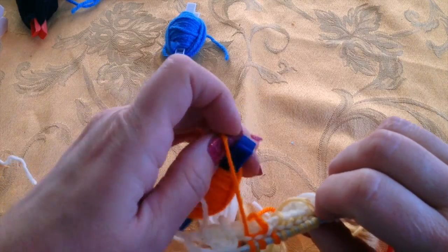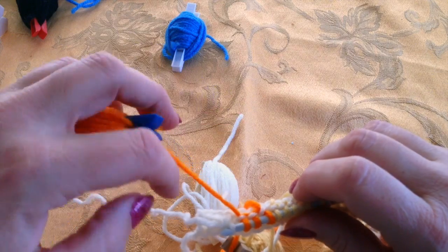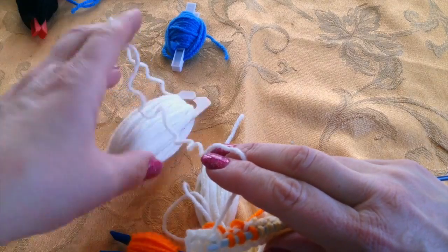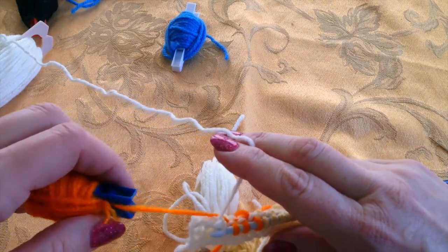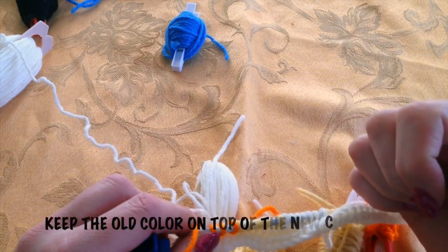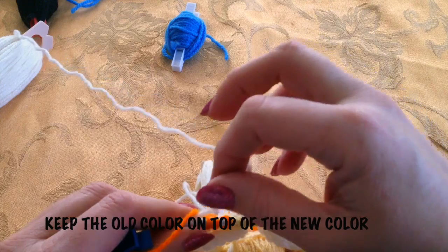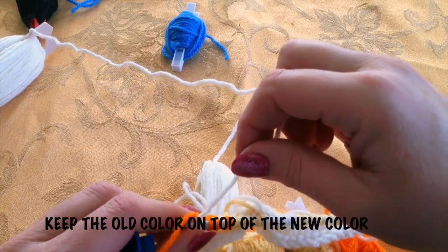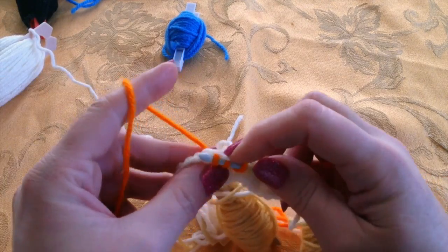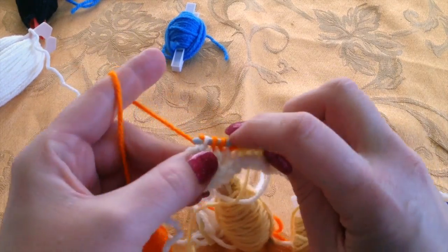You want to pick up your orange bobbin, and leave the tail from the white that you started there. Now you want the bobbin of that to go, so you want to bring this up and under. Whatever direction you're going in, this way or this way, is how you want to put the just used yarn. So we were going in this way with it, so the just used yarn will go in that direction too. Now I will do, you can kind of hold it with your finger, and then you just do